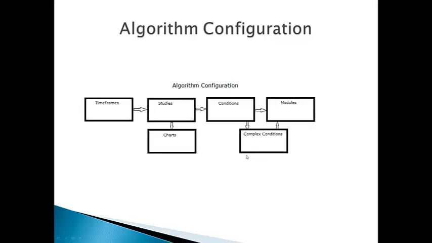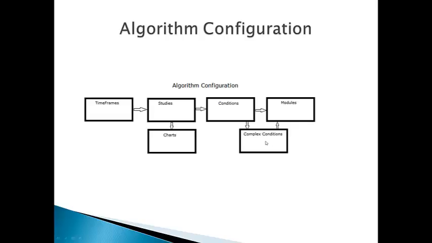You can configure studies or analytics, such as moving averages or stochastics on different time frames. Once configured in the Kairos system, the study or analytic is available for use with any symbol configured in Kairos in a chart or in the configuration of a condition. The conditions can then be used to form multiple or complex conditions,